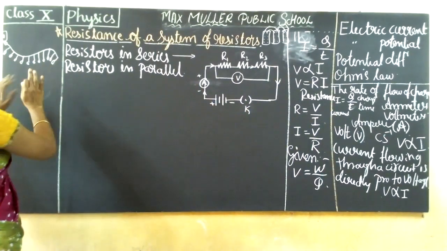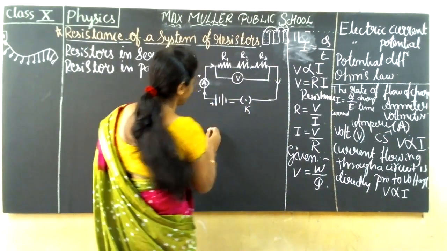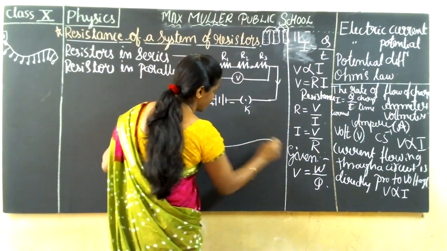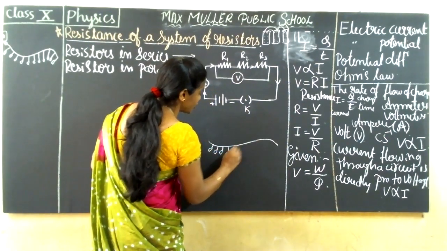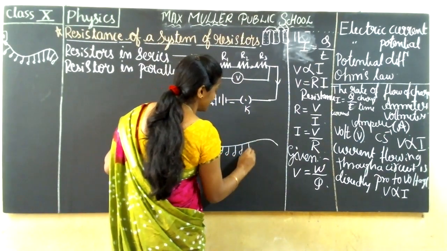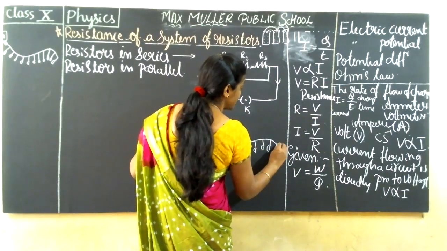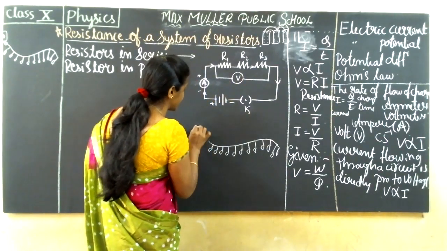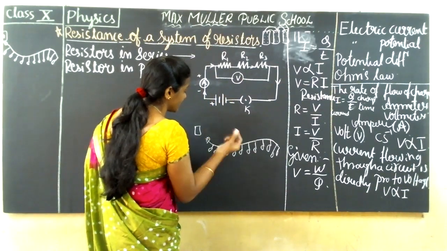I hope you can see this. Or else I will draw here. See here. Think that here is a bunch of small bulbs. They are connected one after the other. Make sure you say the statement that they are connected one after the other. Here the switchboard is there. Here we are having that switch.